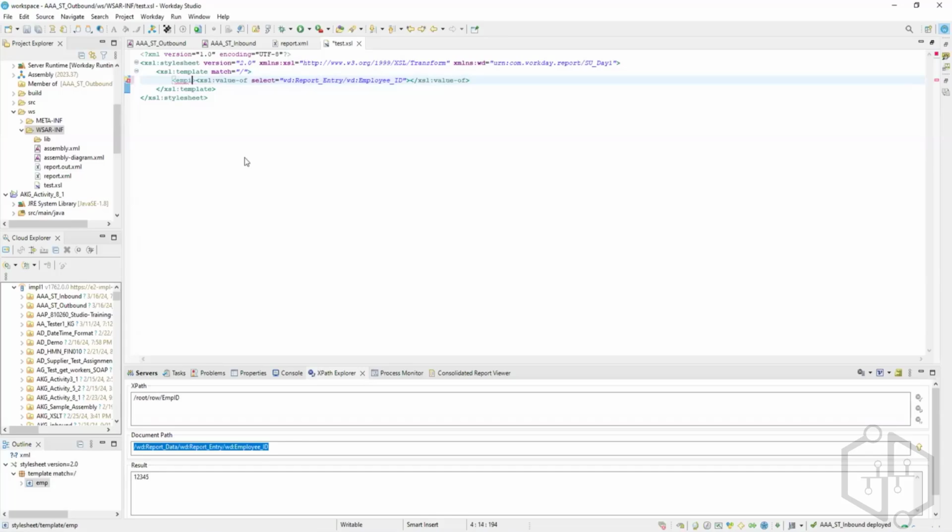So this is my employee ID. When I give an employee ID tag here, I have to close the tag also. How do you close it? End with employee ID. Alright. Now I created one tag. I'm selecting a value from my previous report XML, and then printing it over here. Okay. There you go. So now what we are going to do,